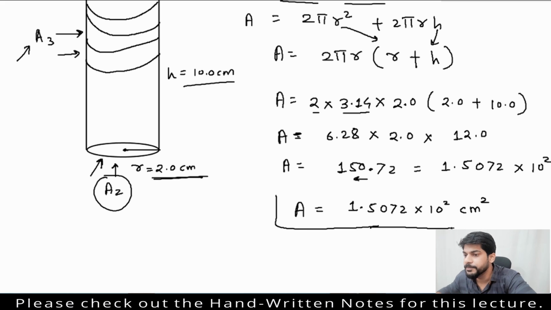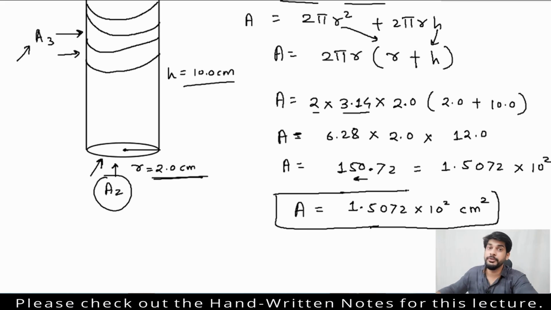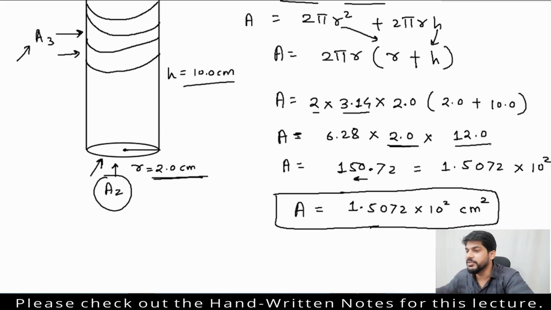Now what we will do is we will use the rules of rounding off over here, because the answer has to be rounded off to a proper number of significant figures. So let's check what we have multiplied. Here is the first number, here is the second number. Look at this. How many significant figures are there? Here we have got 2 significant figures. Here we have got 3.